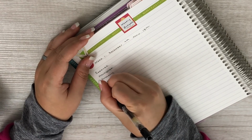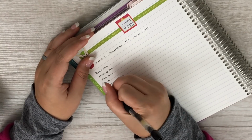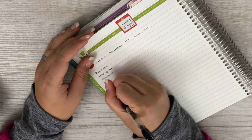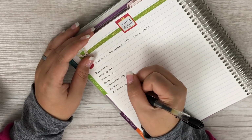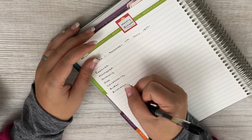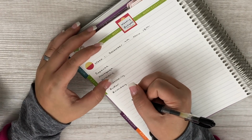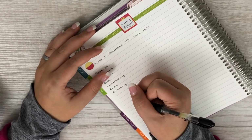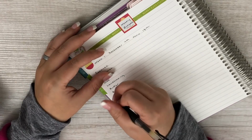We've got our buffer. We've got birthday, which is a sinking fund. Landscaping's technically a sinking fund too. We have a house maintenance sinking fund that comes out of. And then we've got